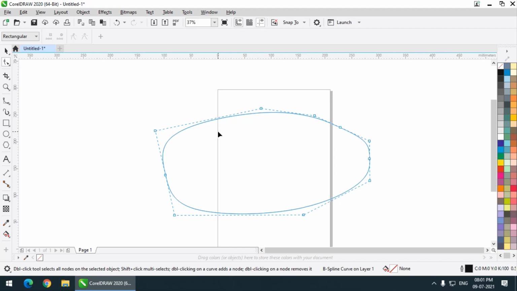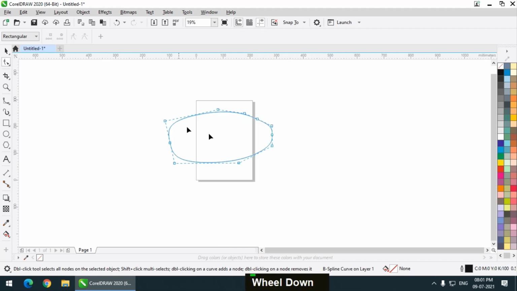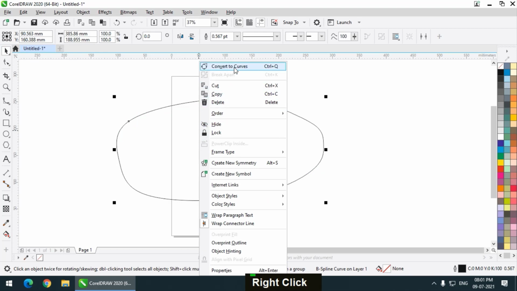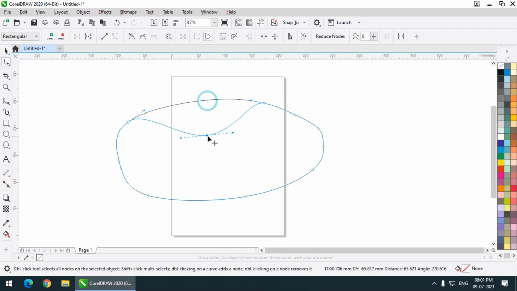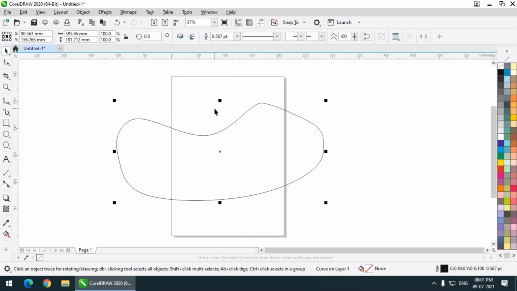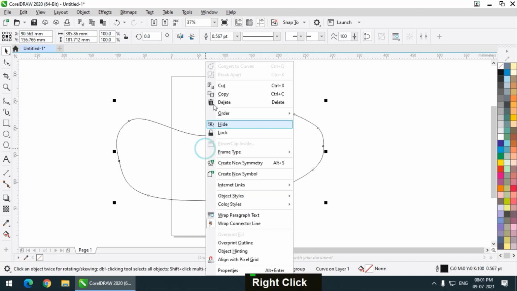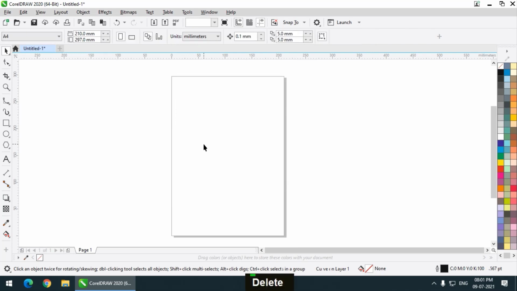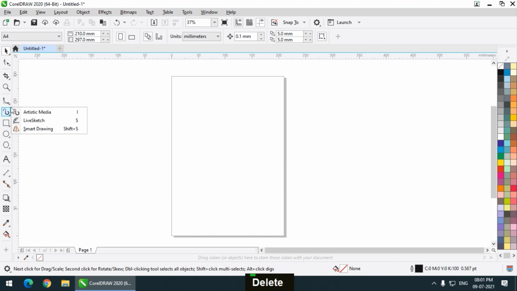It is your preference whether you want to use the pen tool, Bezier tool, or the B-spline tool. But the B-spline tool is very different in method as compared with the pen tool and the Bezier tool. And if you want to convert it into a normal shape, you can convert to curves and use it just like any other normal shape. Press Control Q or Command Q, or just right click and convert to curves, and it will be converted into a regular shape.